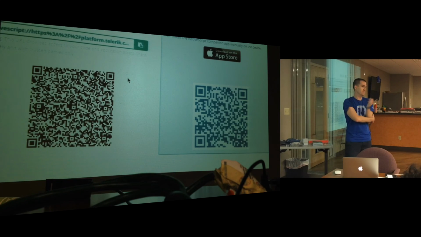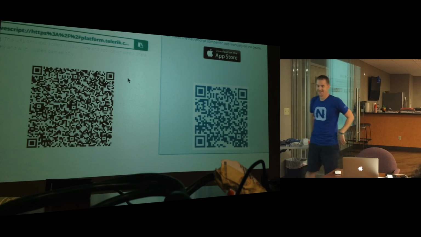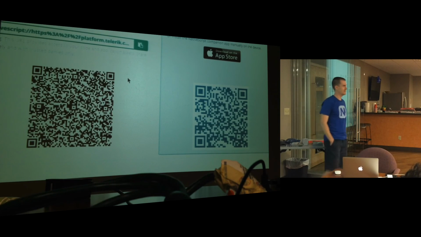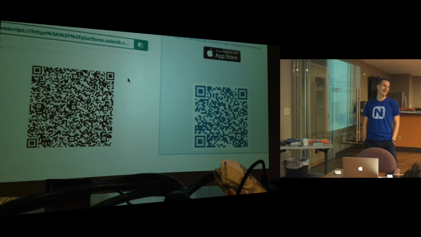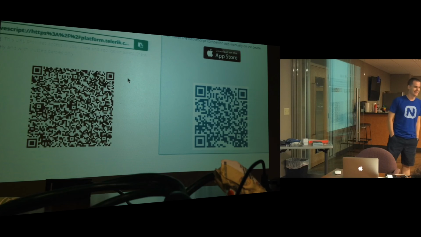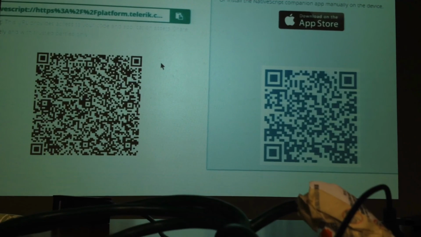So there's a little bit of what you can do with Telerik platform. Pretty awesome. Actually, I'm going to go up there and change it instead of saying thank you. Just so you know, when I first downloaded it, I had to use a real device, though. They got it working. It's by design. It was super easy, right?